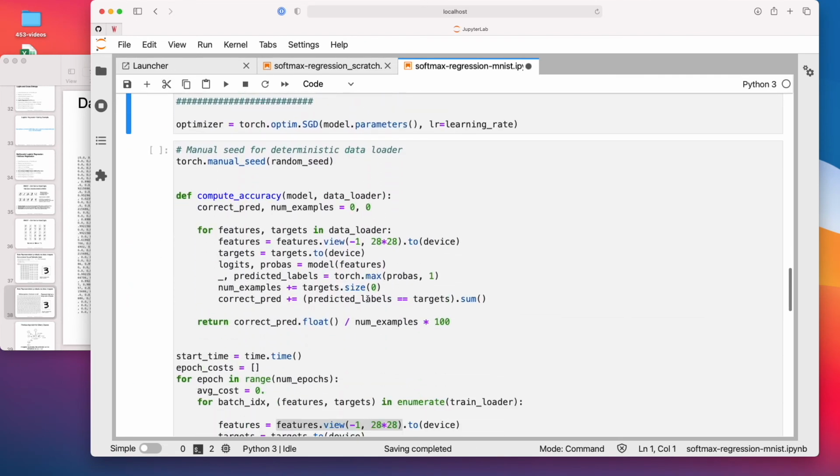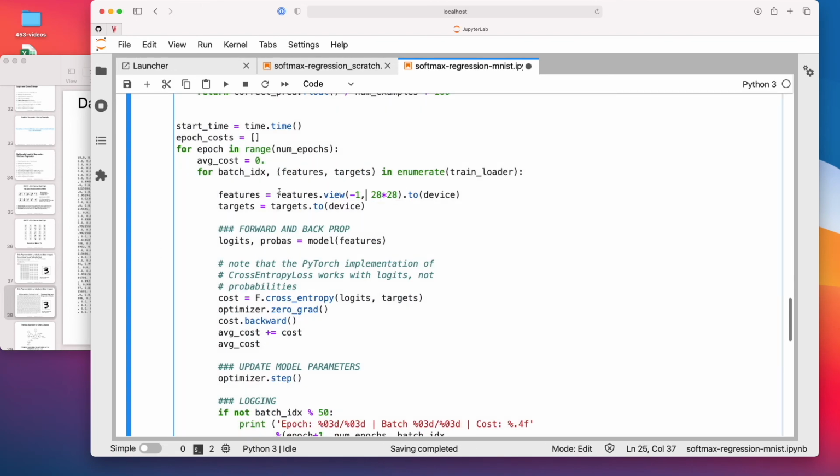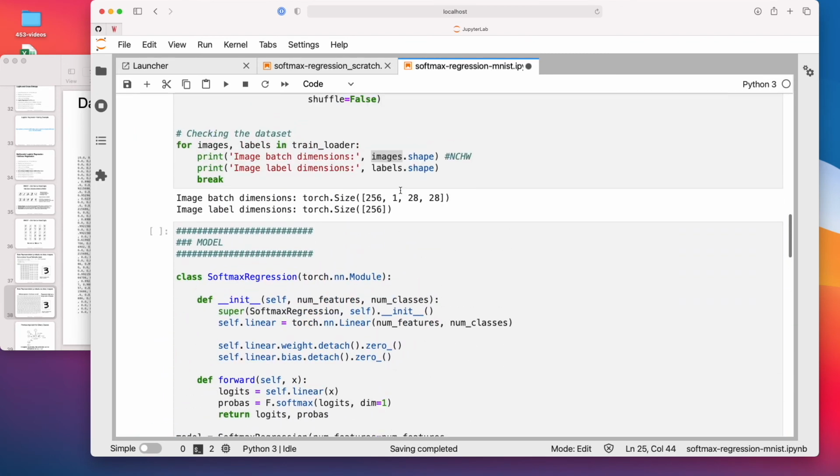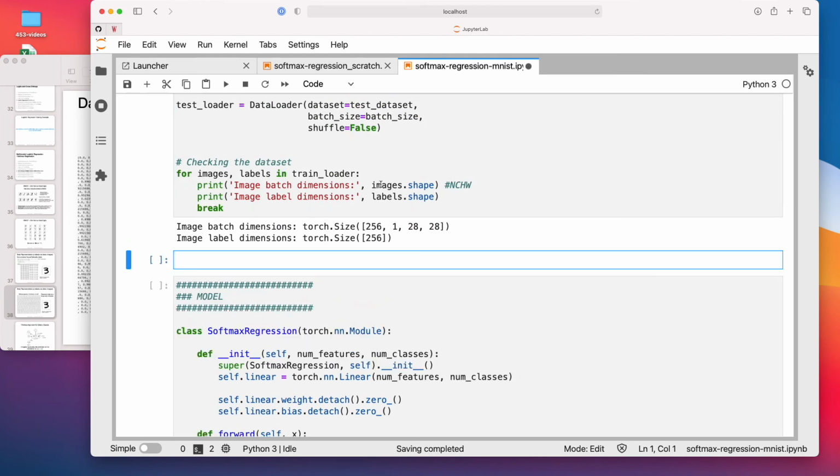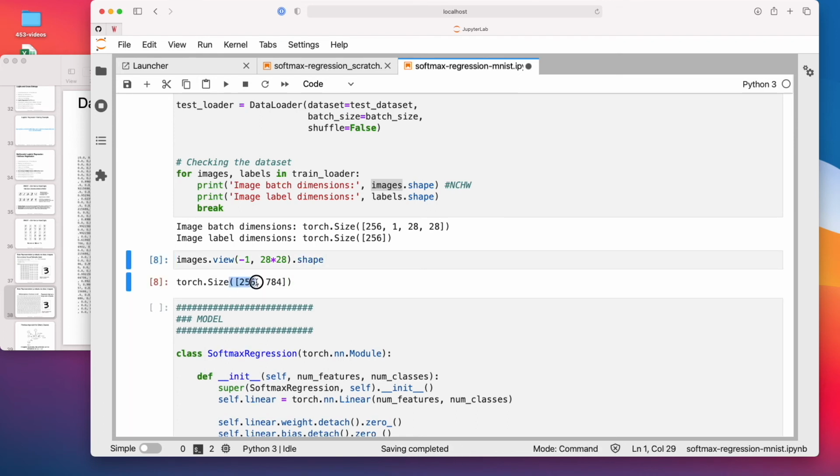So here, we do that for the batch dimension. One more time, sorry. Images dot, so this should be a 256 times 784 dimensional matrix. This is basically how our design matrix looks. It's then an n times m dimensional matrix now, where m is the features and n is the batches.